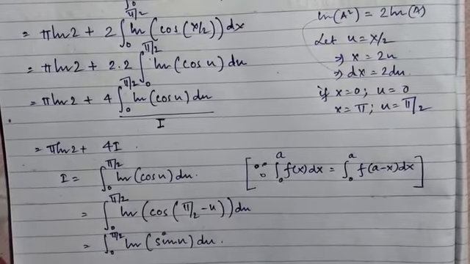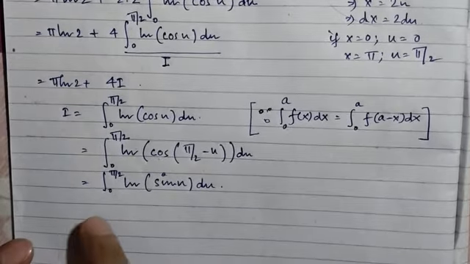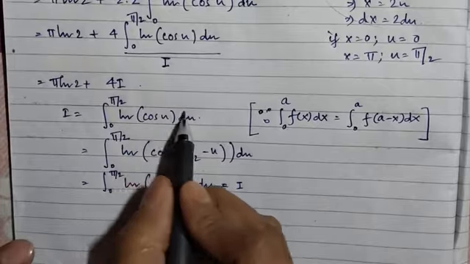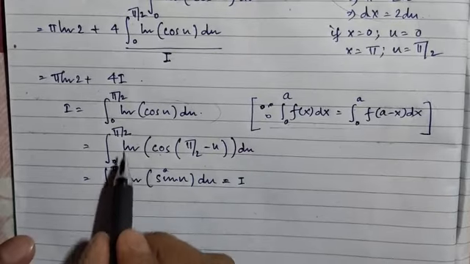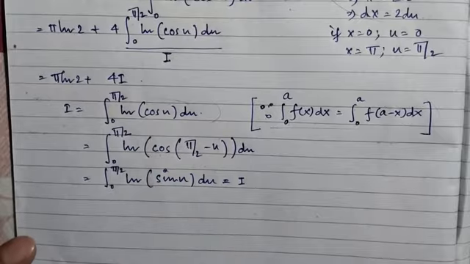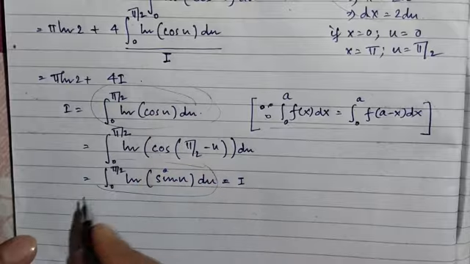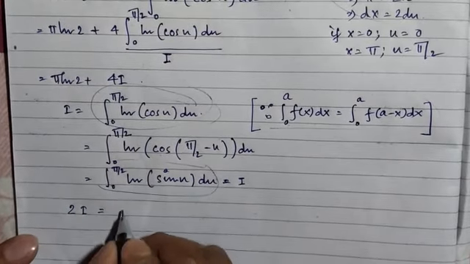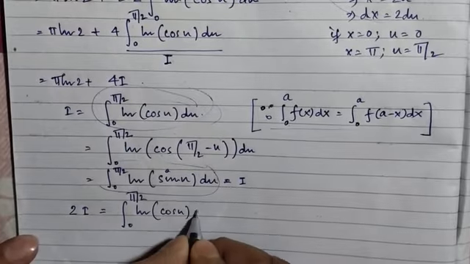sin u du, which is nothing but this is also I, right? Because we have this cos u, and by using this property we derive ln cos u as also to be ln sin u du. Okay, so this is also I. So if we add these two terms, this one and this one, add these two I's, we get 2I equals integration 0 to pi by 2 ln cos u du